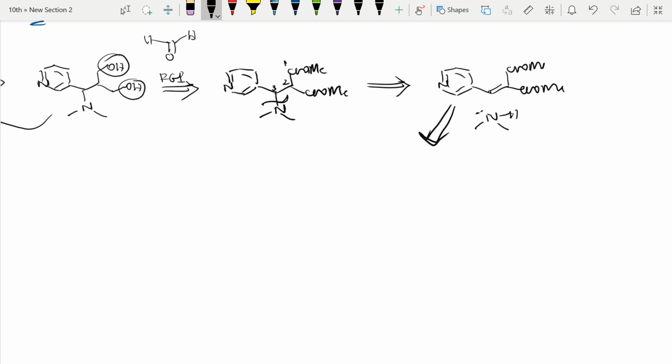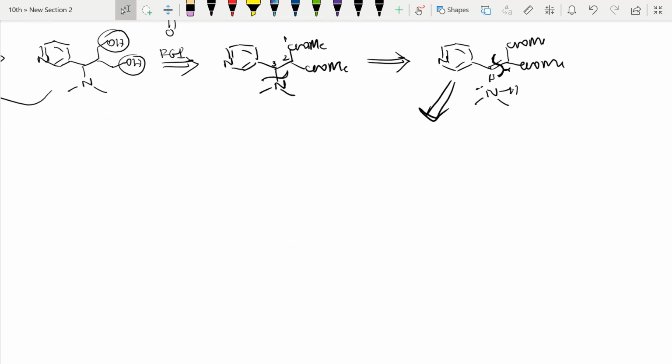I have told you, whenever there is alpha beta unsaturation, you should directly disconnect like this. These things I have also explained. So I took this example. It looks a little complicated, but it is easy. All the things we have studied are there. COOMe, and here also COOMe, and these are the final product, right? If I do the reaction, you will get to know how it happens, everything we shall see now.